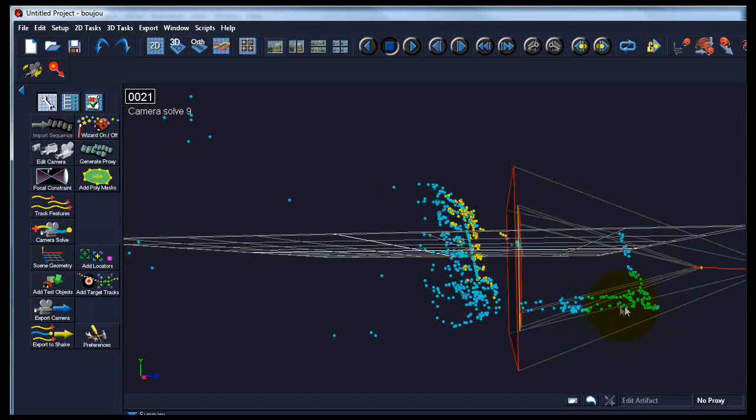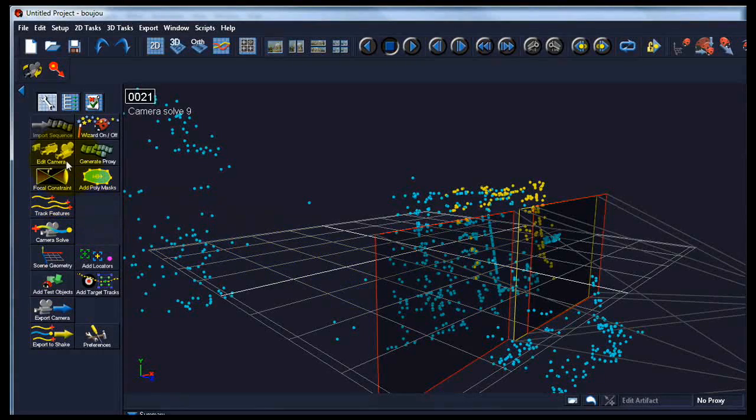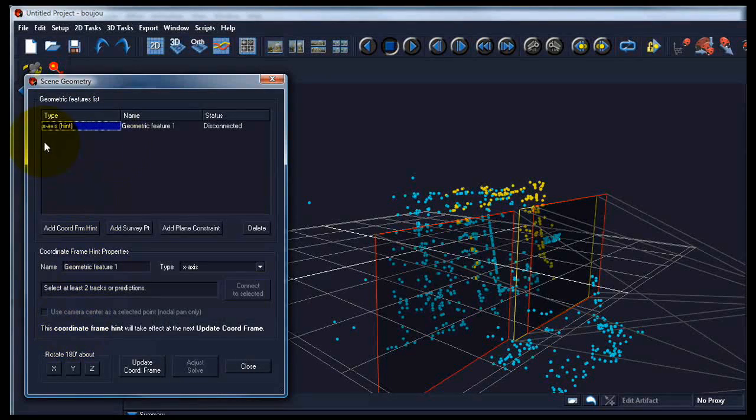Now in order to use this in After Effects, we have to make sure that both planes are matching. And we do that by adding scene geometry. So if we go back to our buttons, and here there's a scene geometry button. If we click it, we go to add coordinate from hint. Okay. What we want to do first is add the